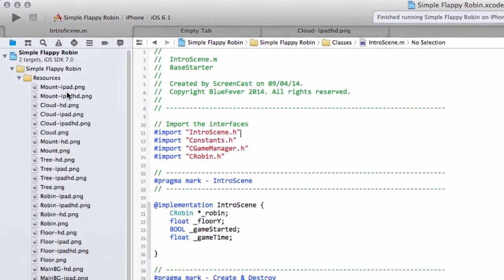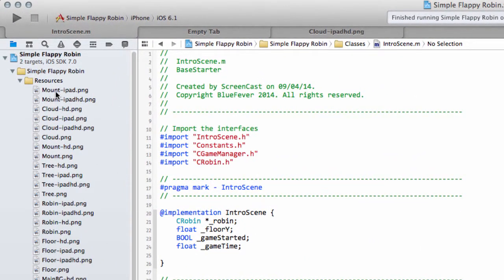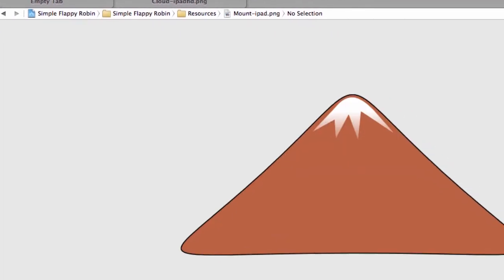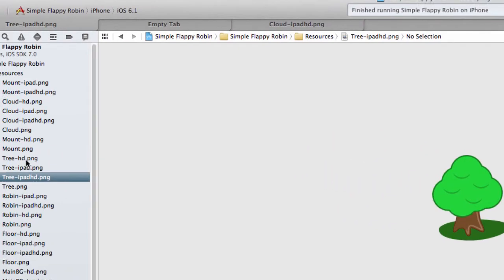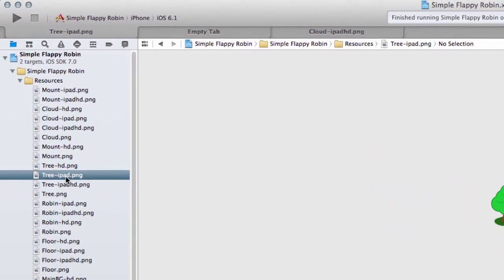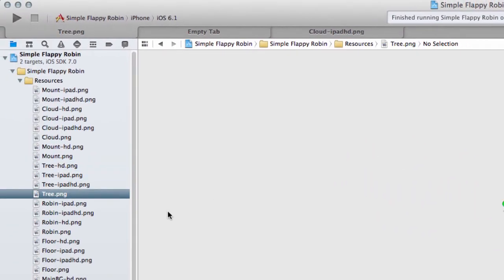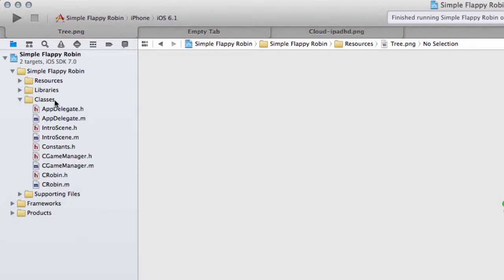Now I've already added into the resources, and you'll have in the download, a mount PNG, which is the mountain. I've added the cloud in there. I can't remember whether that was already included in a previous download or not. And the tree is in there as well. And these are the objects which are going to be scrolled across the screen to give the impression that the robin is flying. So to do that, we're going to subclass CCSprite, and